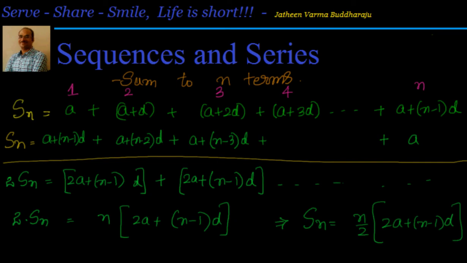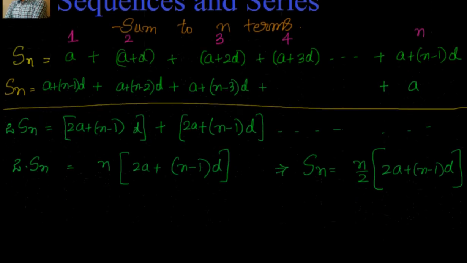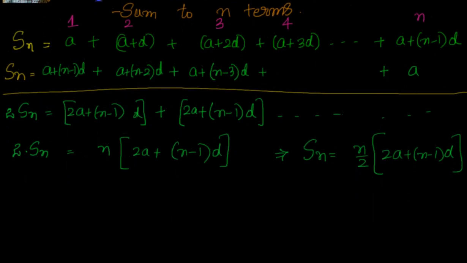This is the formula to find out the sum of n terms. How have we done that? We have written a simple arithmetic series, we have reversed it, we have added it again, and we observe that whenever we add, we always get a constant term. We will look into this once this proof is over. We will take a simple example and check how this works out. That will be very interesting.